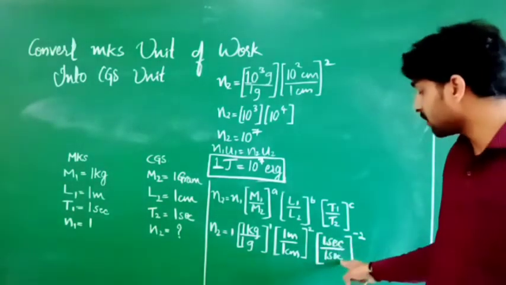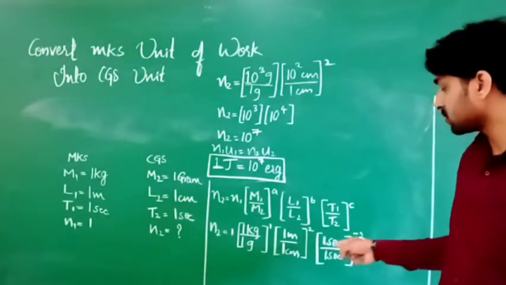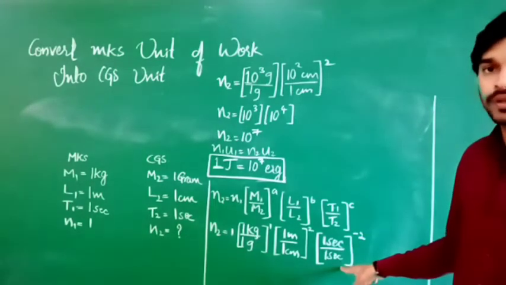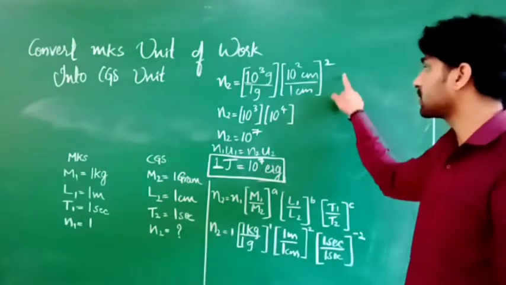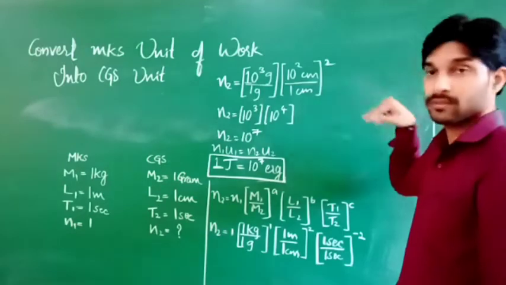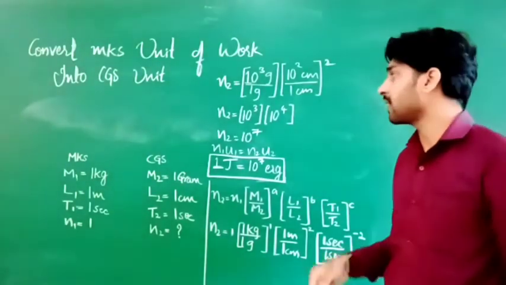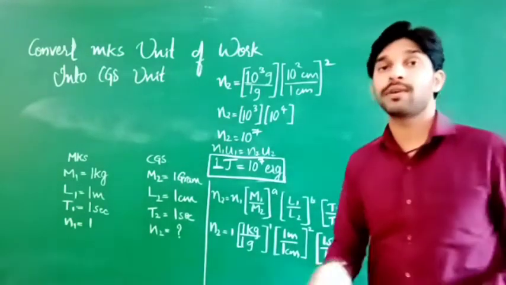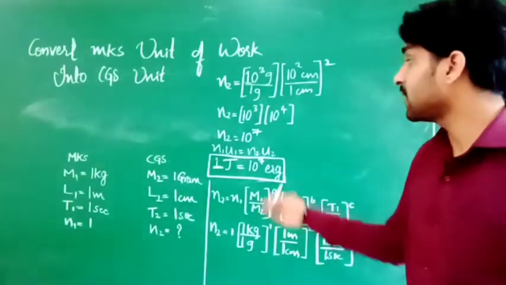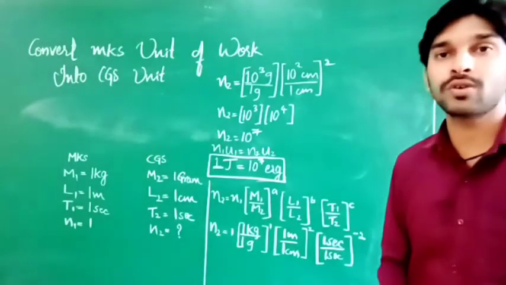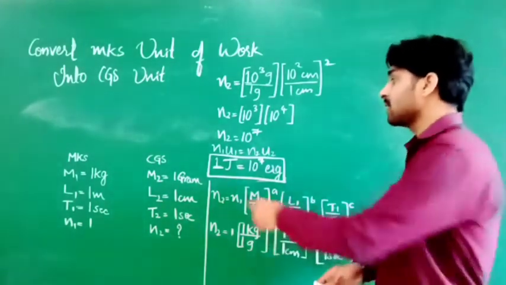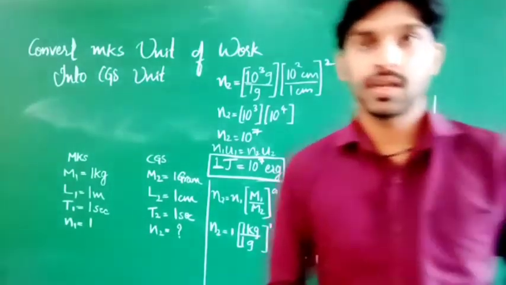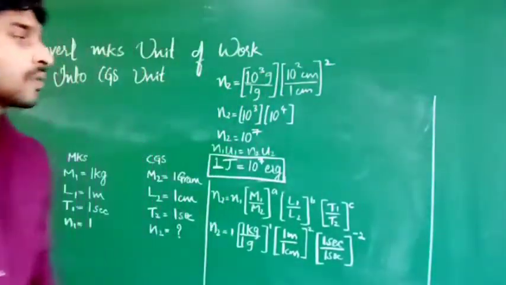Here, 1 second divided by 1 second, whole power minus 2. So 1 second by 1 second is 1, and 1 to any power is 1 only. 1 power minus 2 is also 1, so you can write into 1; even if you don't write it, that is fine. Next you calculate this. By the relation between numerical value and unit, you write N1 U1 equals N2 U2, and finally 1 joule is equal to 10 to the power of 7 erg. Clear? Shall I erase the board? Note it down.